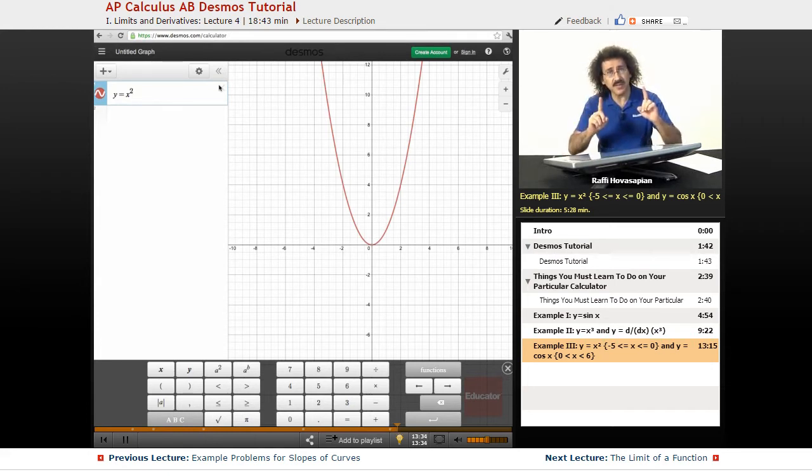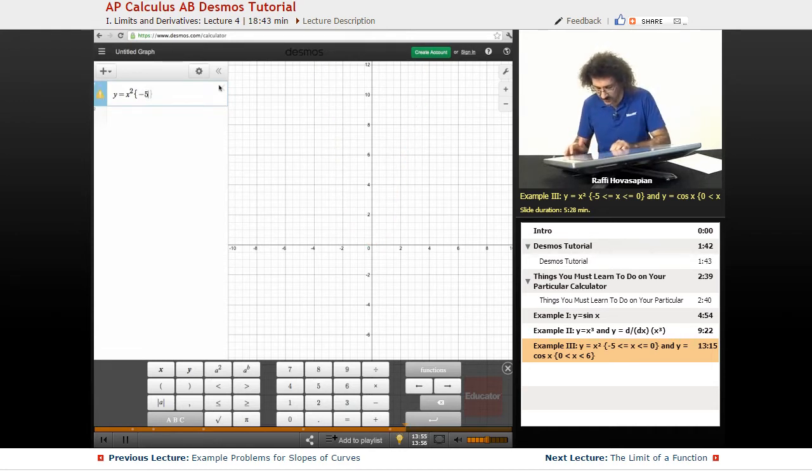Now if I want a piece of it, a piecewise, what I do is I put it in little braces. So in braces, I actually write my interval. So x greater than -5, or from -5 to 0. So I'll write something like this. I'll write -5